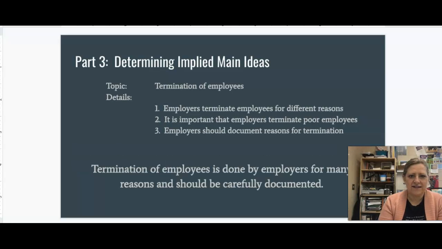Hopefully that has clarified some things about finding the main idea. You'll be doing your main idea assignment and underlining passages of paragraphs. Remember, you're looking at the beginning first, at the end second, in the middle third, and if there's just nothing there, then you are going through this last exercise. What is the author talking about? Termination of employees, and then what are they trying to tell me? After that, you write your own topic sentence and you're good to go.